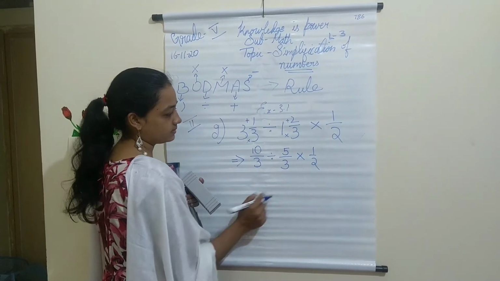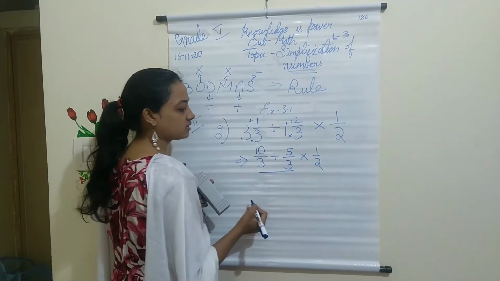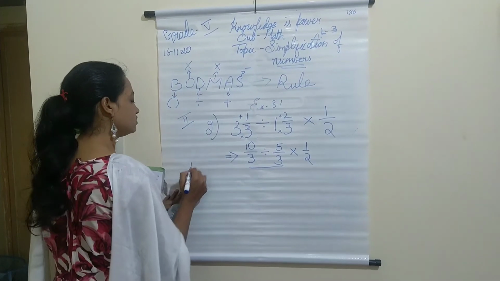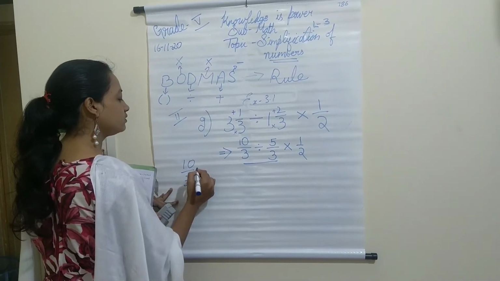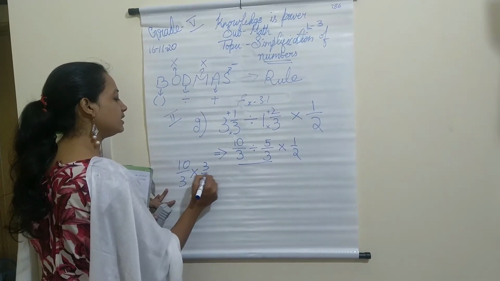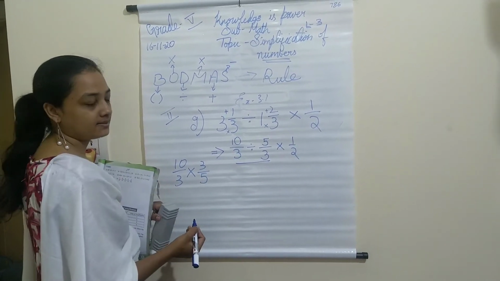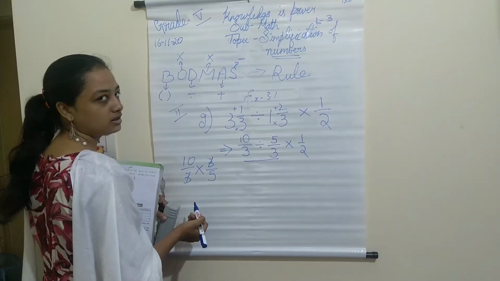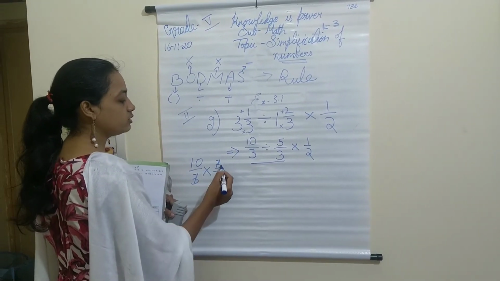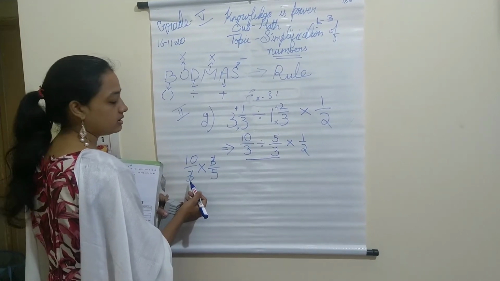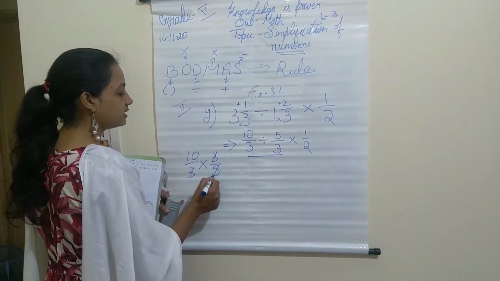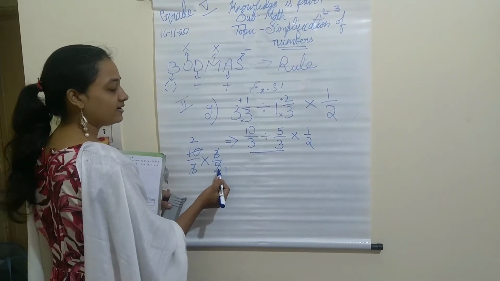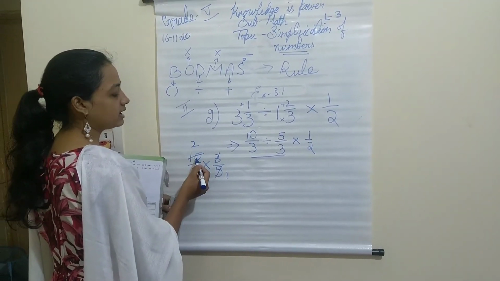Now let us solve it. First I will take division. How will you divide the fractions? For fraction division, you have to just take the reciprocal of the number and multiply. When I take the reciprocal, I can cancel 3 and 3 because one is a numerator, the other is a denominator. 5 1s are 5, 5 2s are 10.